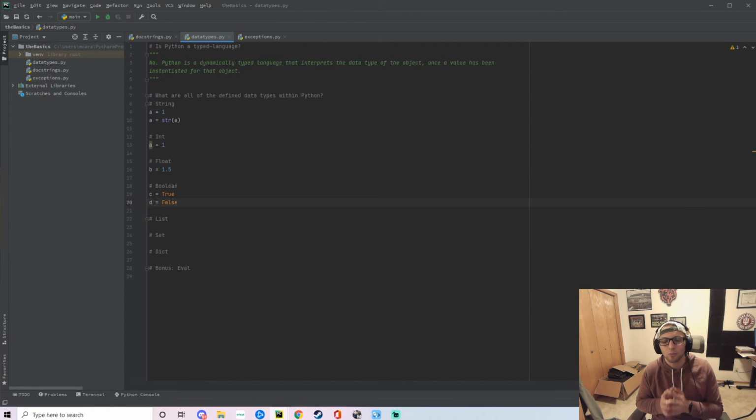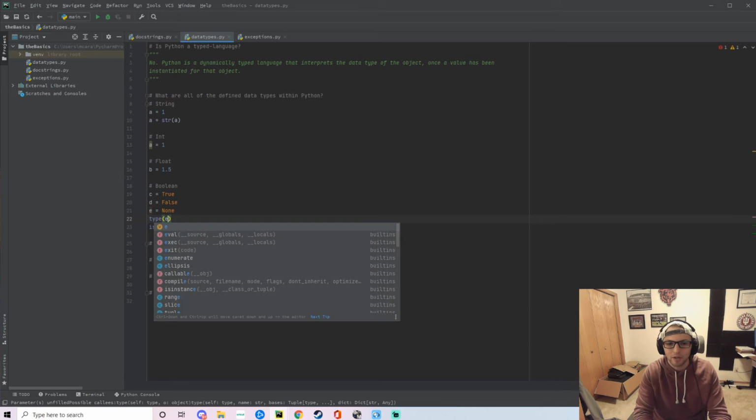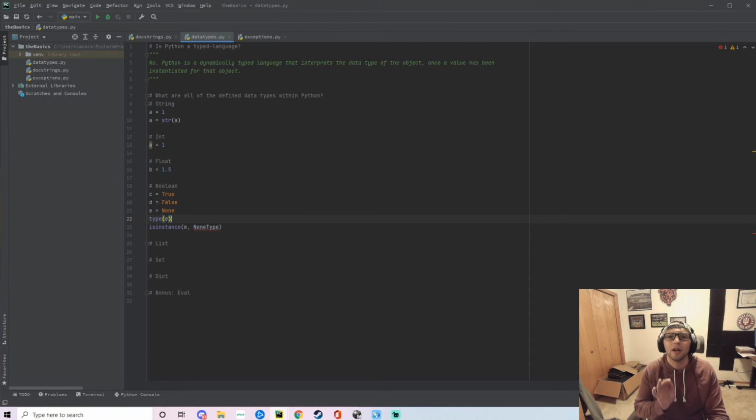Now, it's worth mentioning that NoneType is not actually a recognized type in the standard library of Python. However, when you instantiate a value as E equals None, it is of the type NoneType. Now, it is worth noting that if I go like this and I say E NoneType, it's going to say it doesn't know what NoneType is. It's super annoying, and I strongly recommend you to just go like this and print out what this is. I guarantee you it says NoneType. I don't understand why. For those of you that do know, feel free to put down in the comments, because you'd save me a world of headache. I've just never gone through the effort of looking it up on Google.